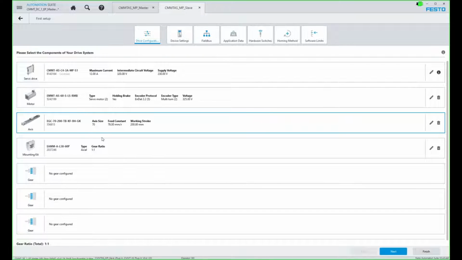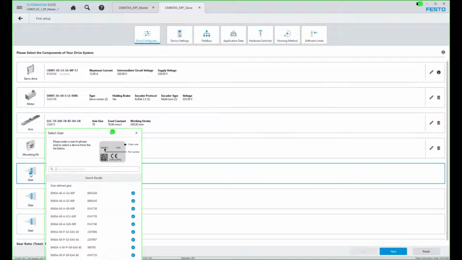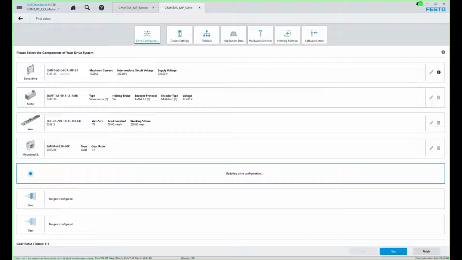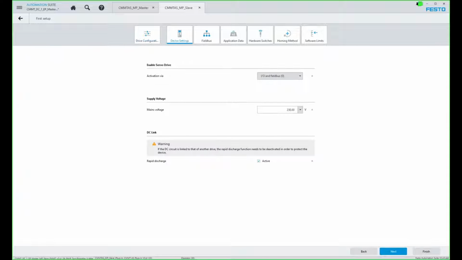And again, I have a 5-to-1 gearbox again. Select that, apply. Okay, hit the next button. And again, I have 120 volt connected to my drive. You'll see here that the interface is slightly different because this is the multi-protocol drive. The next button here,